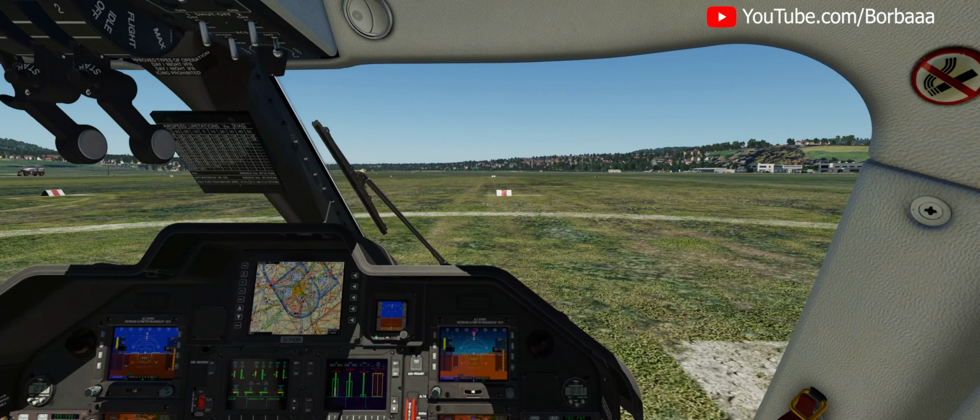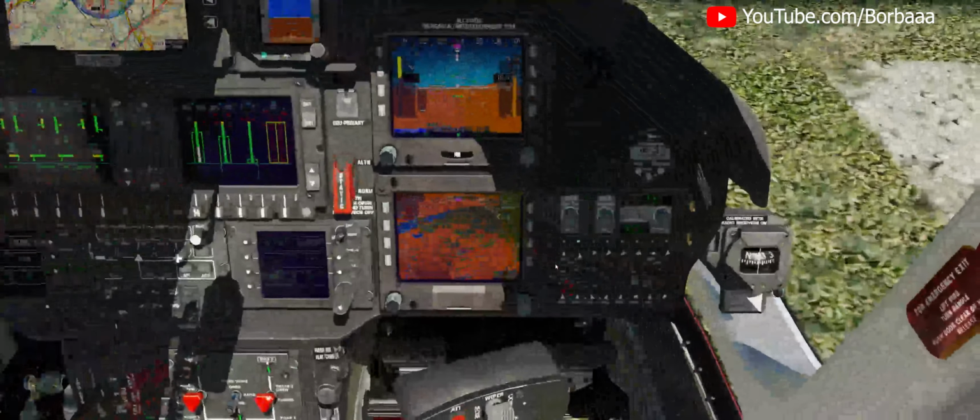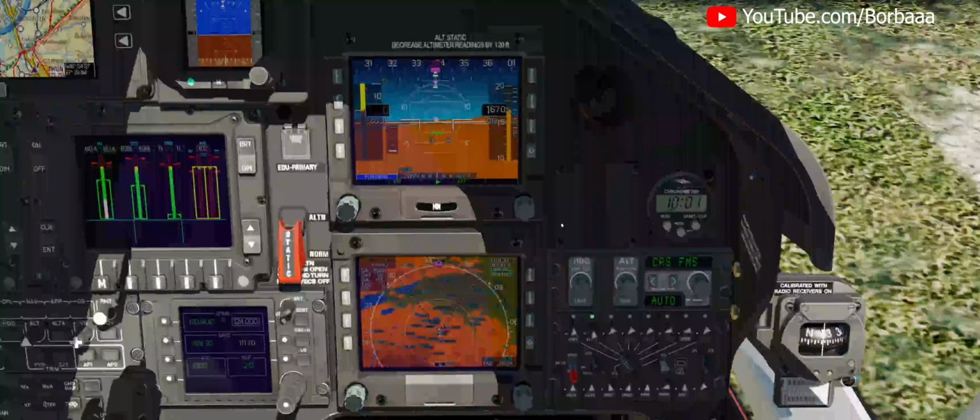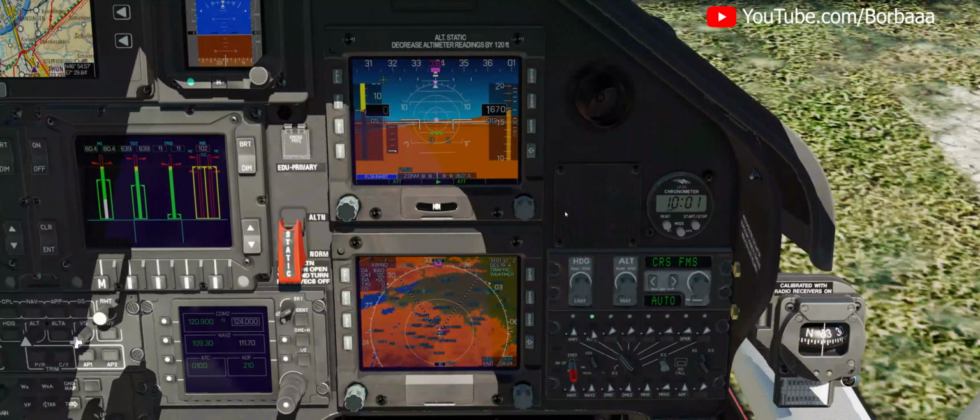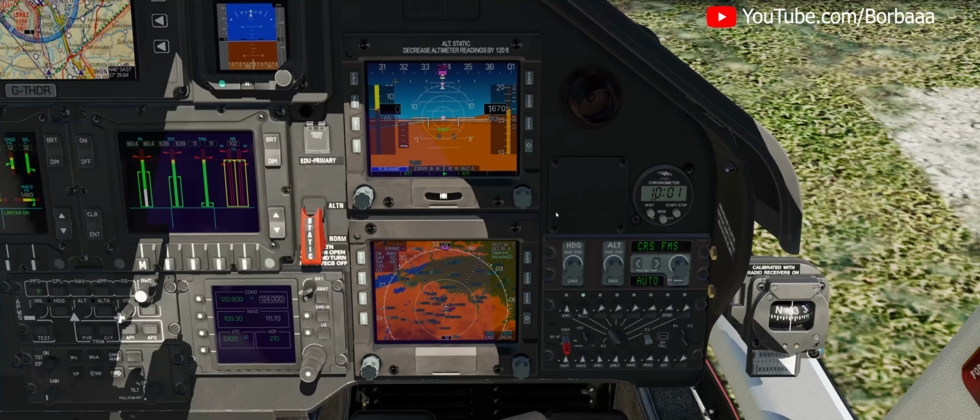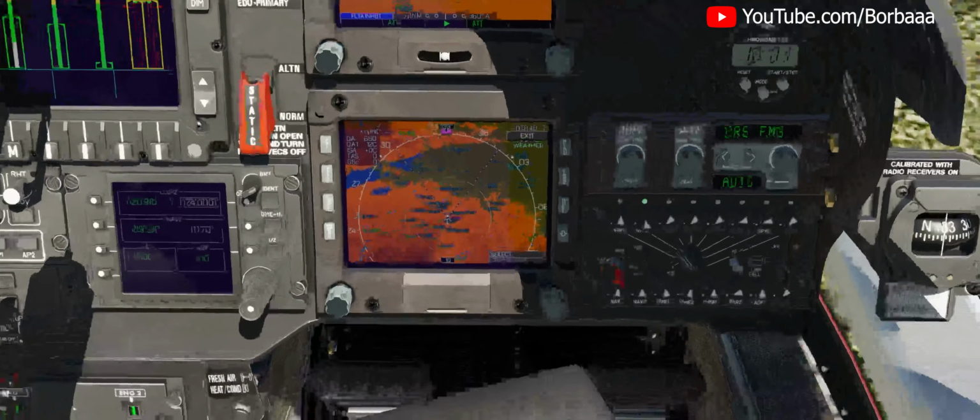Here we are with the helicopter already started. So let's proceed for a flight plan creation. We are in Bern airport and we are flying to Zurich. So I will create a simple flight plan. We click here, the lower